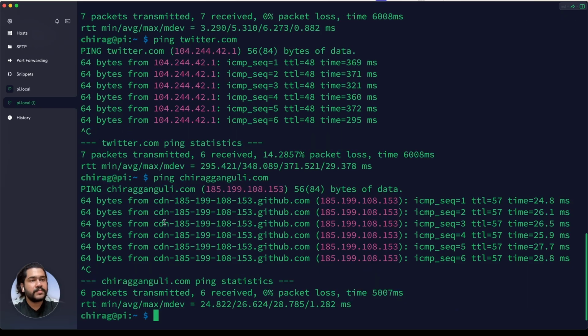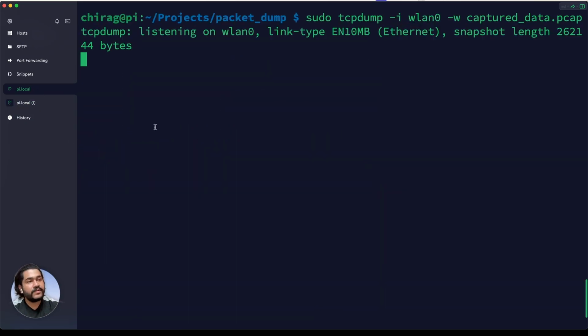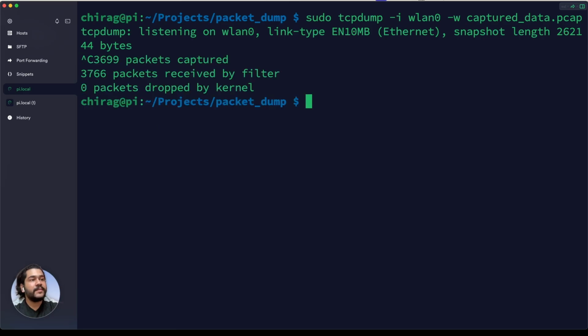So that's what we can do for generating the traffic. And we will just exit out from this tcpdump. We can see that we were able to capture 3,766 packets by running this tcpdump tool. We can let this tool run in a live network for, let's say, 10 or 15 minutes or even half an hour or more, and we can get a huge chunk of packets which we can analyze and reference